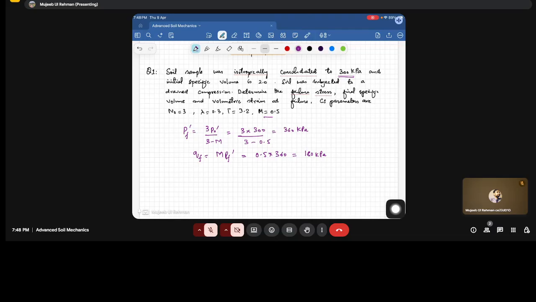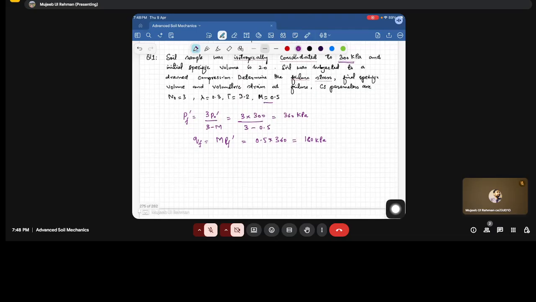These are the failure stresses. Now we need to find the final specific volume and the volumetric strain. Now we know the equation: V final is equal to gamma minus kappa minus lambda ln of P. Fine. At the failure point, we can relate this